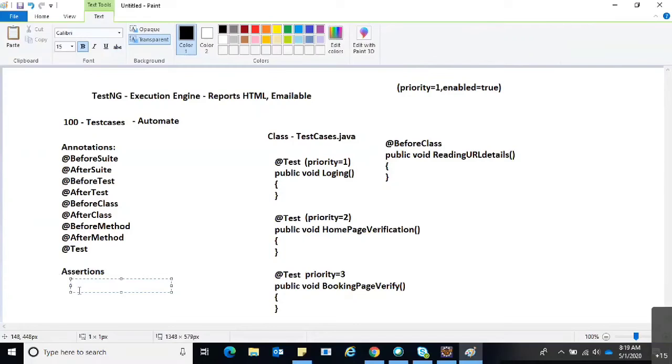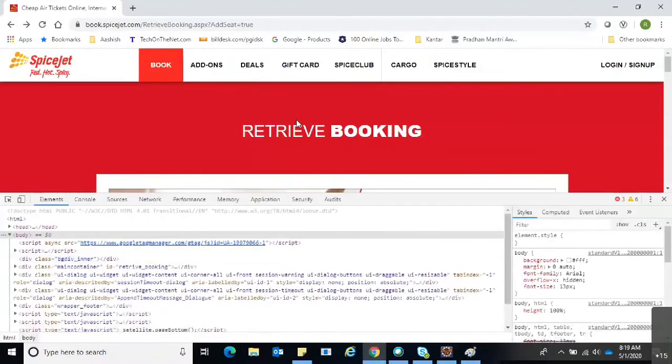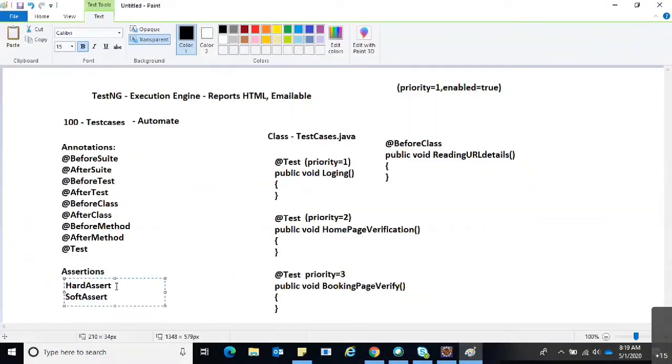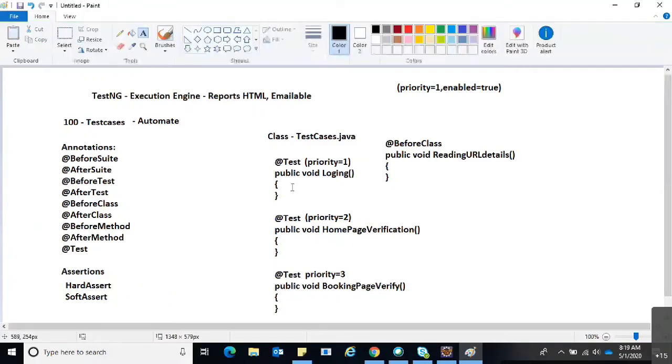And in these assertions, we have hard assert and soft assert. Why do we use hard assert and why do we use soft assert? Generally, we use hard assert for the test cases. Finally, if we want to mention any particular condition, we can use hard assert.